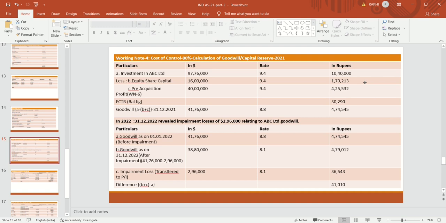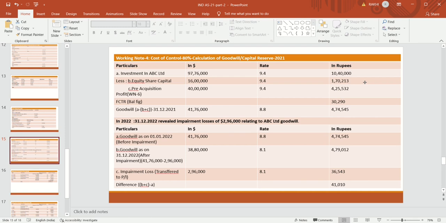So this is to be translated on the date of acquisition. That is 16 lakhs divided by 9.4, which gives rise to 1,70,203, that is equity share capital, and pre-acquisition profits 40 lakhs divided by 9.4, which gives rise to 4,25,532. And from the 10 lakhs 40,000 we will reduce the equity share capital and pre-acquisition profit,